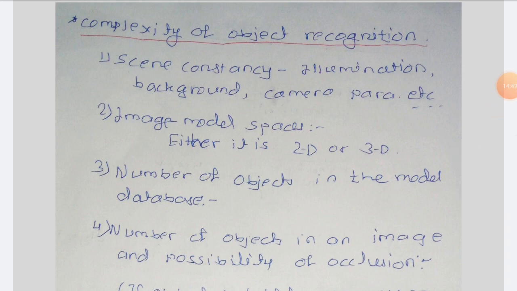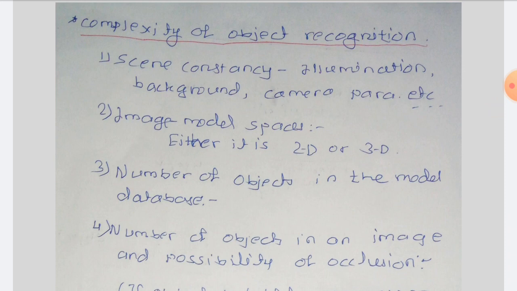Now let us see the complexities or challenges of object recognition. Images of scenes depend on illumination, camera parameters and camera location. The complexity of object recognition depends on several factors. An object recognition task would consider the following factors. First one is